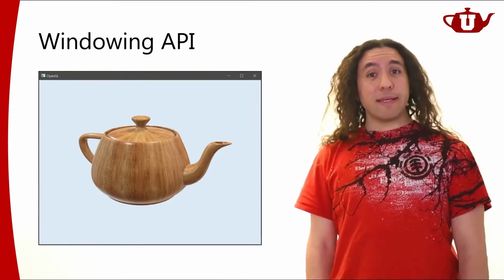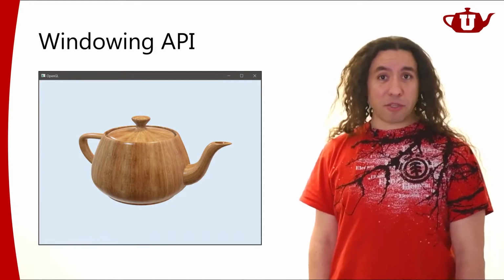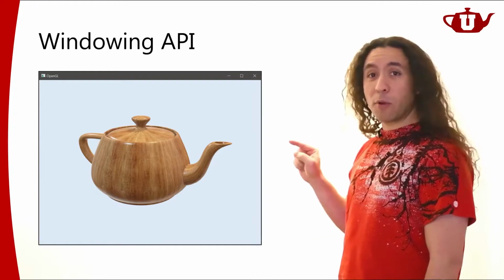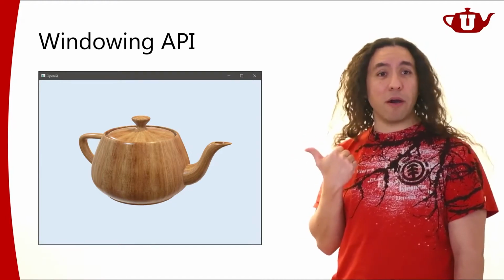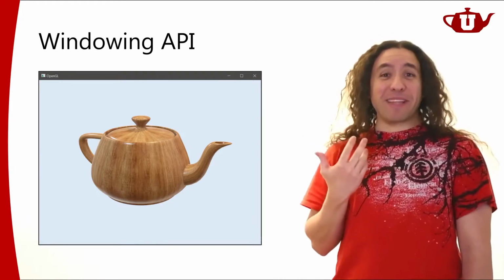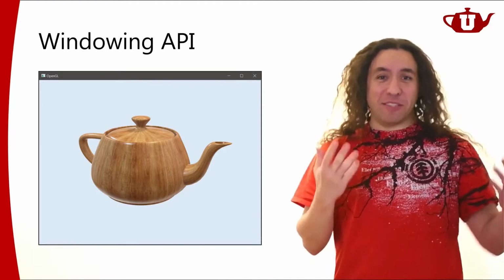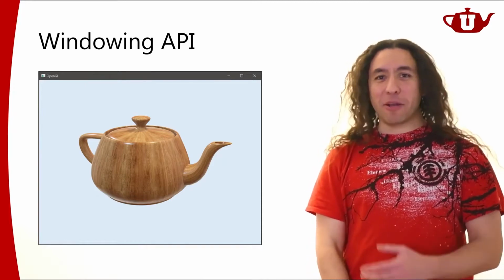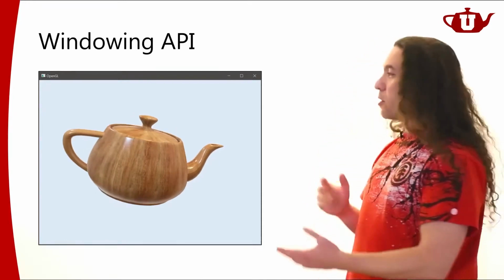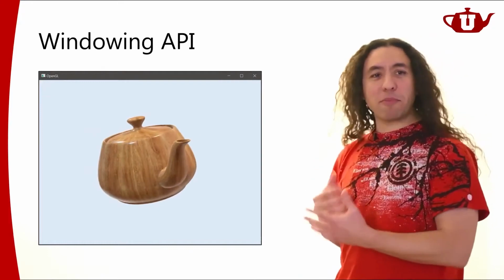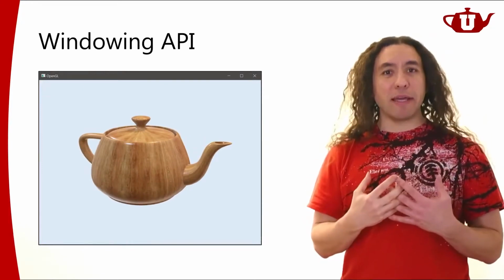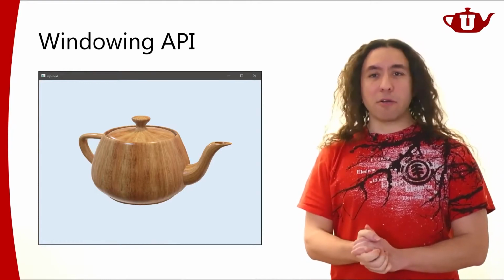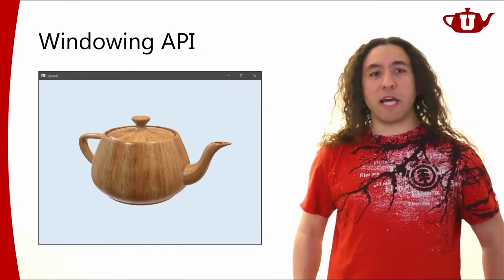Beyond that, remember, this is an interactive computer graphics course. So we're going to be interacting with this window. We're not going to be just looking at it. We're going to be interacting with it. How can I interact with a window? Or how can I interact with anything on the computer, right? I can just use my keyboard or my mouse or whatever, right? So I'm going to be maybe rotating this teapot and doing some things with it. For that, I'm going to need some user input. That input is going to come through the keyboard or mouse or controller, whatever device you attach to your computer.